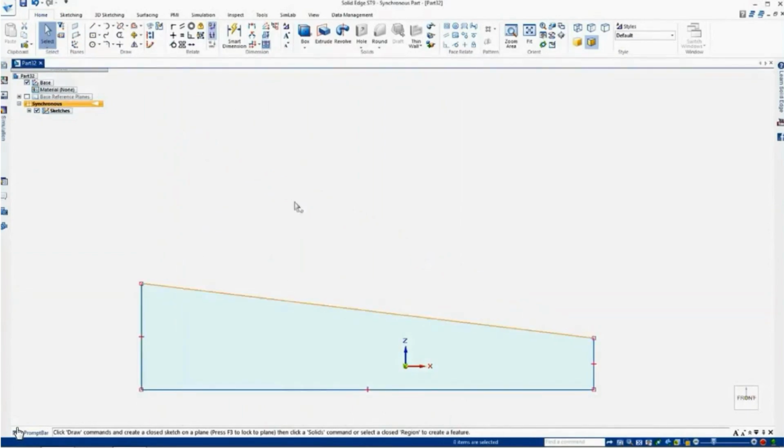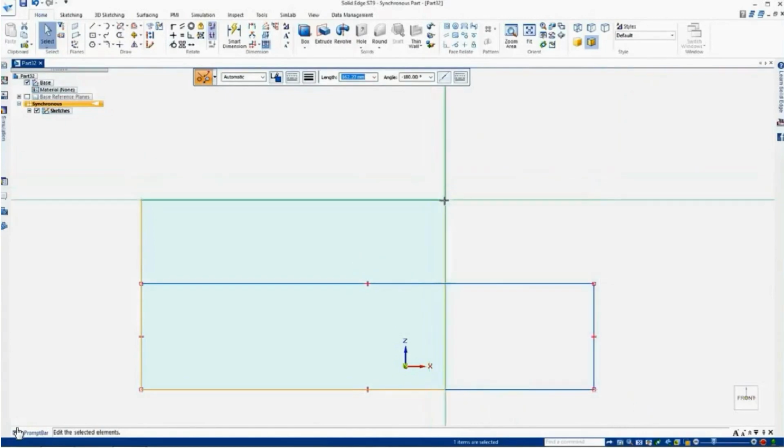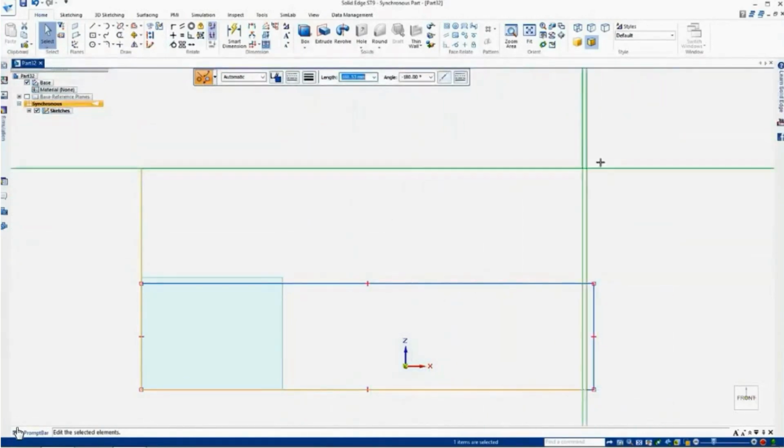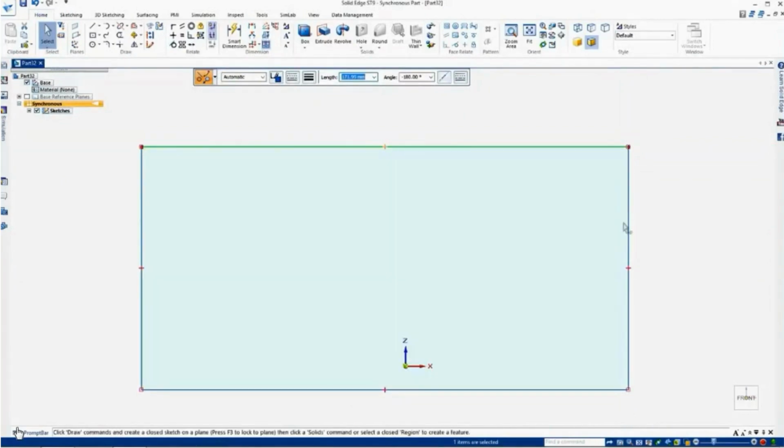If I'd like to also make this horizontal, I'll just touch on the horizontal constraint and make it horizontal. And again, if I go and try to pull this around now, I click on any one of these lines, grab the corner, it's going to stay as a rectangle. Nothing I can do to change that from a rectangle, because these lines are always going to be horizontal and